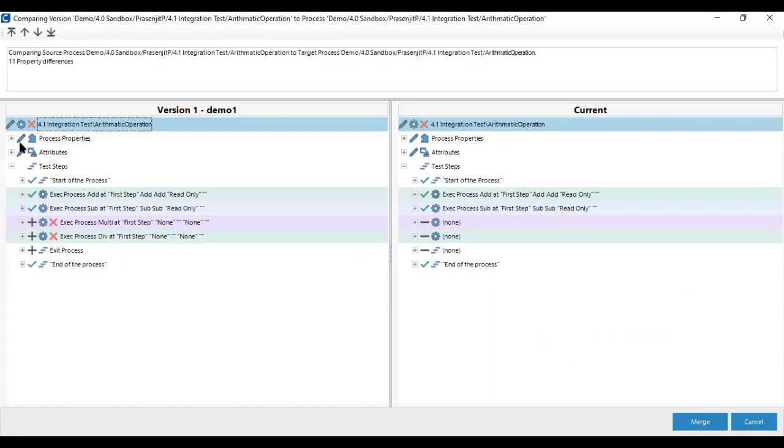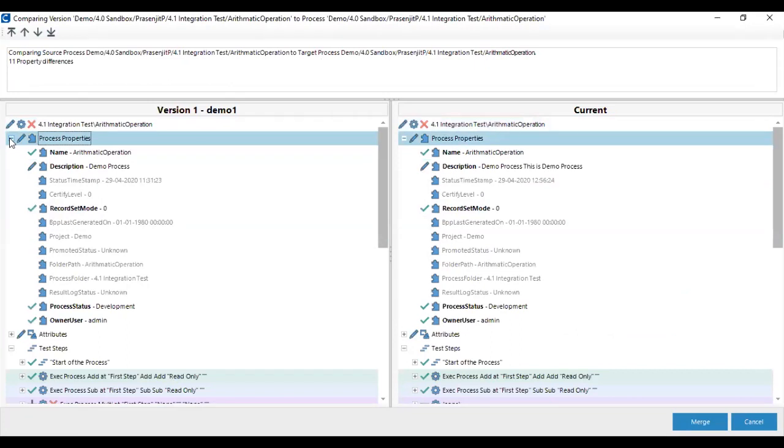Now I can click on the process properties and see the changes in the description. You can see that in the older version the description was the demo process, and in the current version it is this is a demo process, which is the line I just added, and it is reflecting in the current version, right?